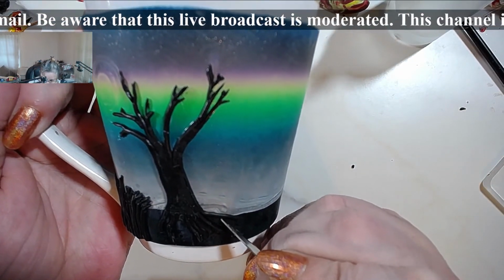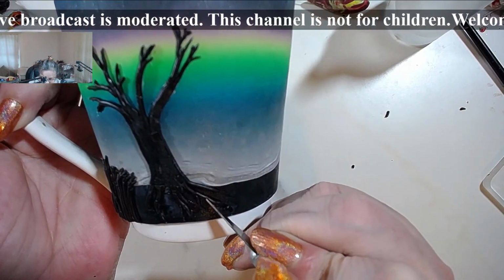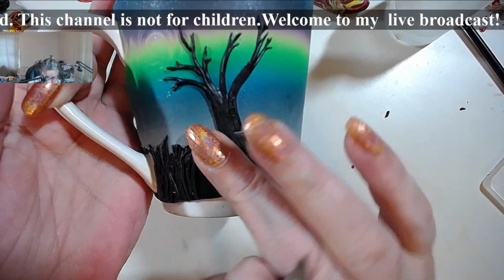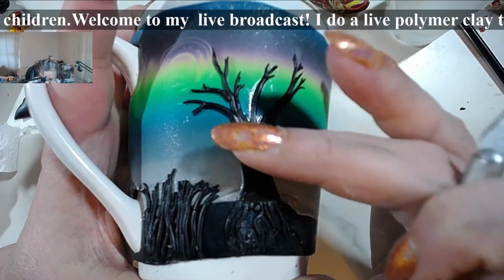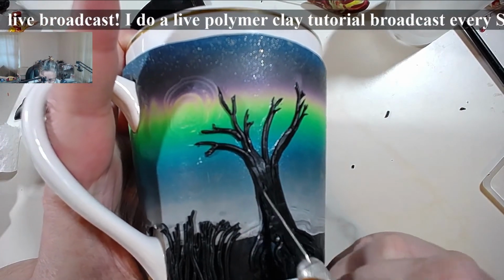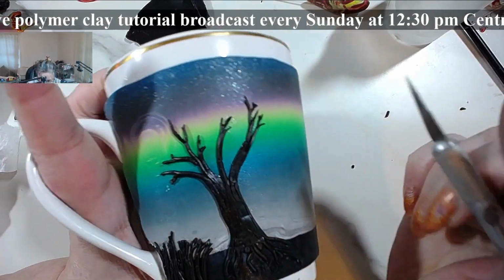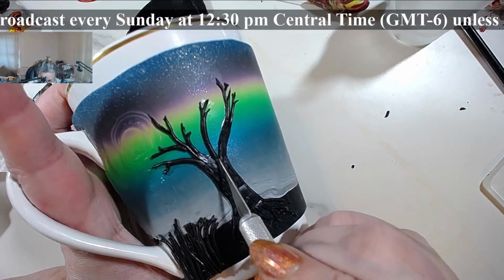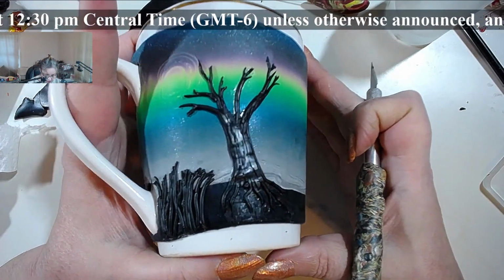Let's do this root kind of like this. So you see that I still left some lines, and I'm going to try and keep this in this angle so you can see what I'm doing. Just go ahead and give it a few more lines even, including on this one, which is not done. Because you want a little bit of texture, but not